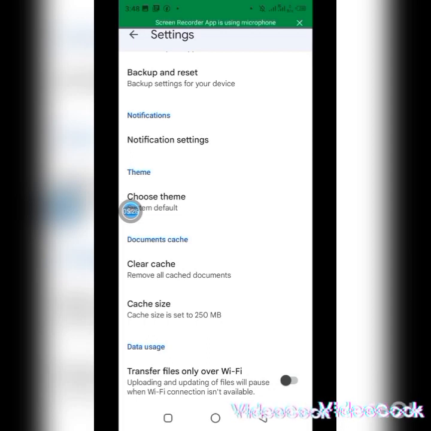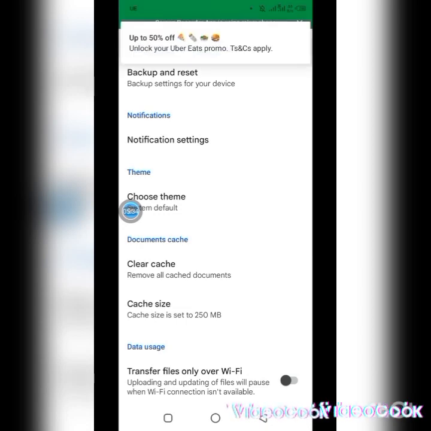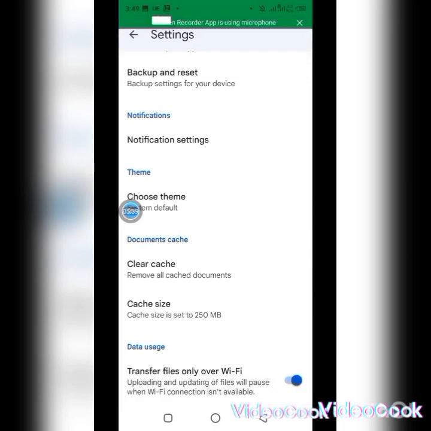Here I'm using my mobile data, so I'll have to switch off the Wi-Fi option. This is how to turn on the data usage. So here I've made it available for files to download under Wi-Fi only, but if I turn